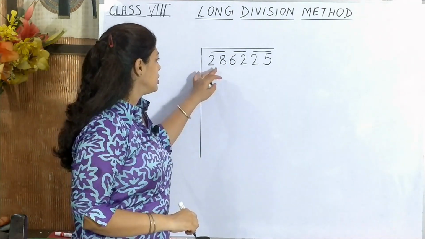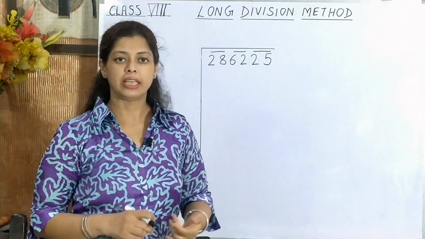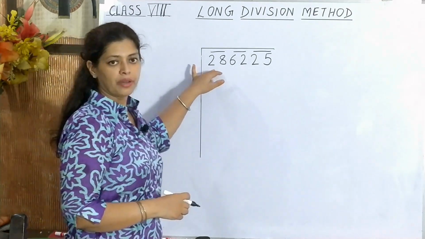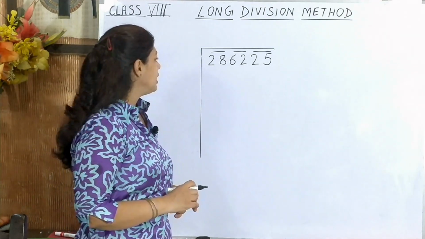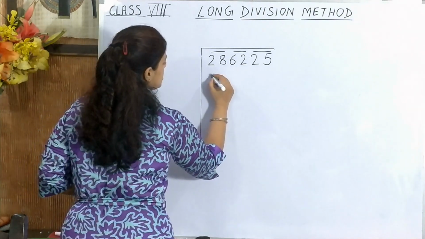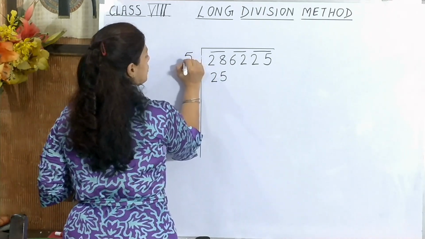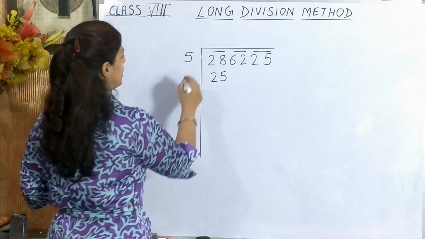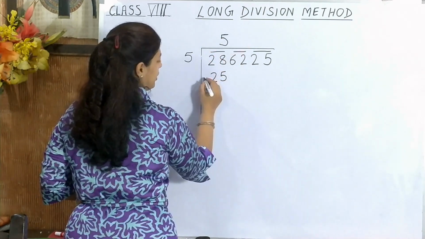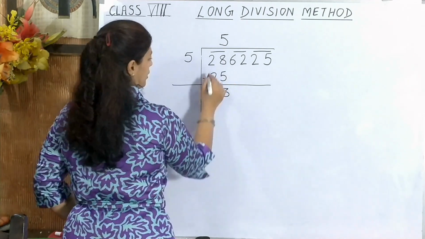The next step is to see the first group, which is 28, and find a perfect square number which is equal to 28 or less than 28, the nearest perfect square. Now we know that 5 5s is 25 and 6 6s is 36, which is more than 28. So we take 5 square, which is 25. Write 25 here, write the square root of 25, which is 5, in the divisor's place, in the quotient's place also. 5 into 5 is 25, subtract, get the difference, 8 minus 5 gives 3, 2 minus 2 is 0.